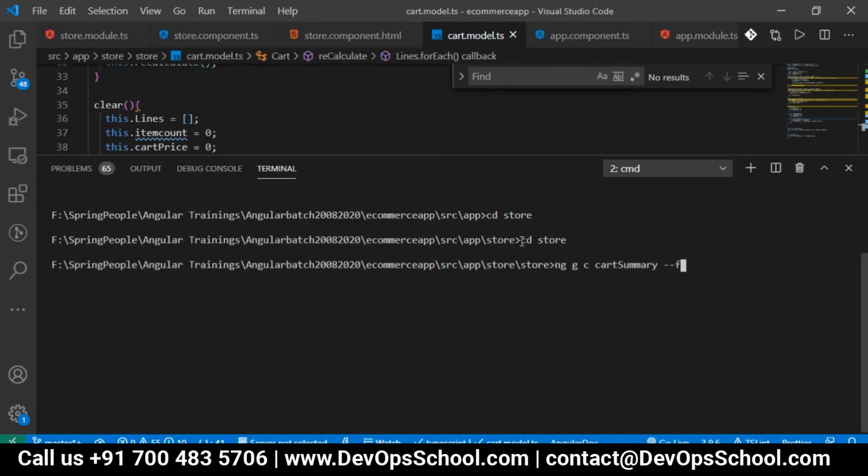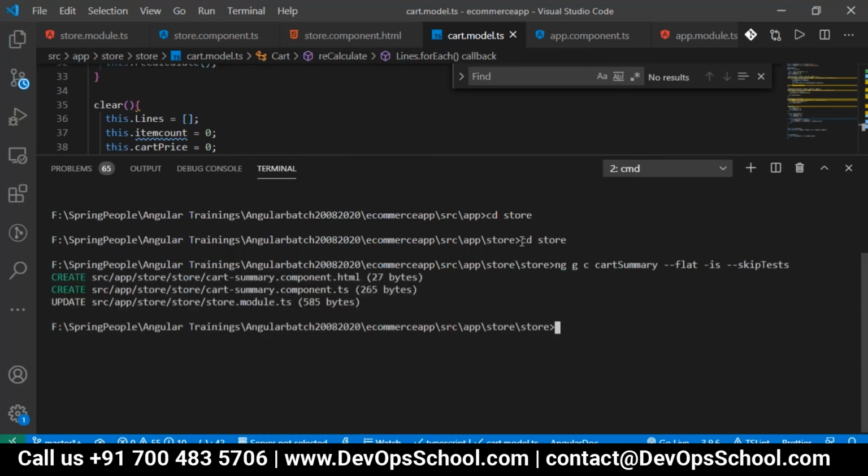I don't want it as a new folder structure, I want it flat. I don't want a CSS file, so inline style. I don't want a test file, so skip test. So it is updated in store module TS. It created cart summary component HTML and cart summary component TS.